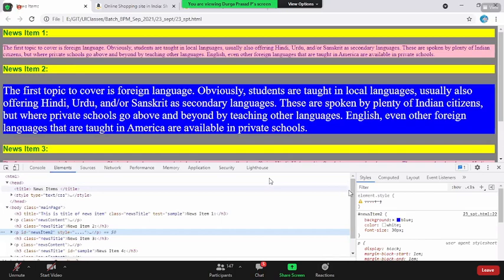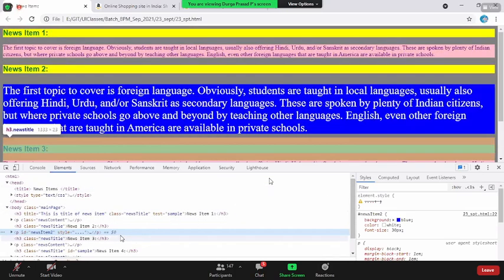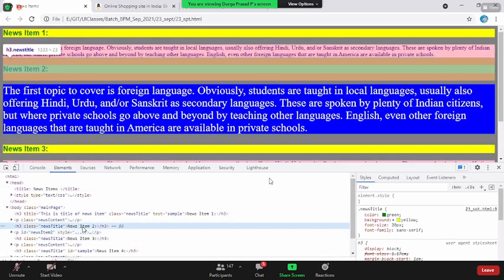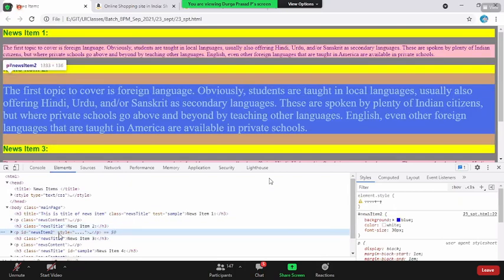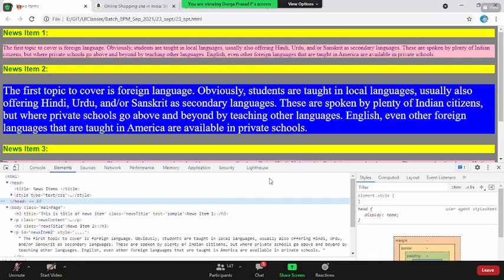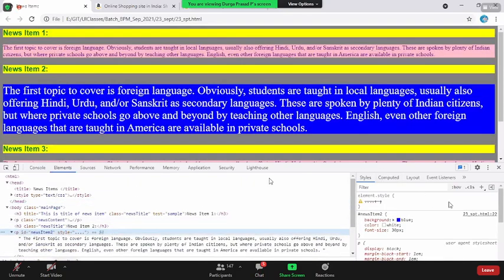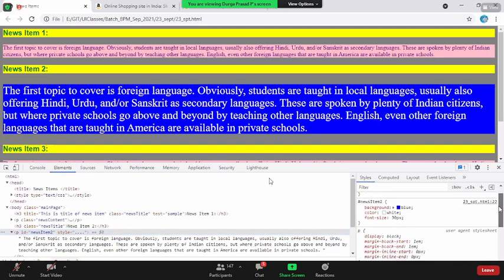It is not just highlighting the left side HTML content, it is even highlighting the corresponding CSS. Now, if you see, news item 2 is the one which has been added as an ID. If you see on the right block, do you see these are the CSS which is being added over here? See, ID based news item 2. The background was given as blue, color was given as white, font size is 30 pixels. It was so easy for us to understand what corresponding CSS has been applied for the corresponding HTML content.